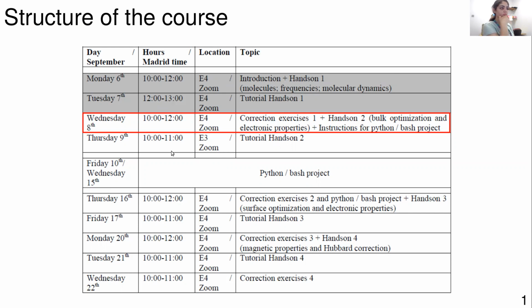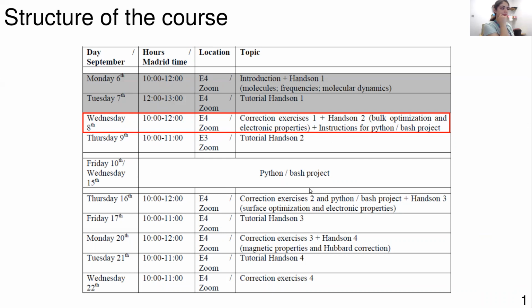Then tomorrow morning we meet, well, here for the E3 and then on Zoom for you, Mariam, for doing the tutorial. So it'll be like this Tuesday, we just meet here with the computer. If you have any questions about Ansome 2 or the Python Bash project, we discuss tomorrow, then you take your time till Thursday, and then on Thursday, we start again with the usual things.